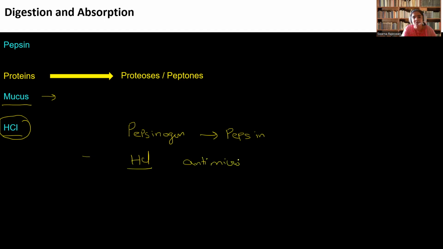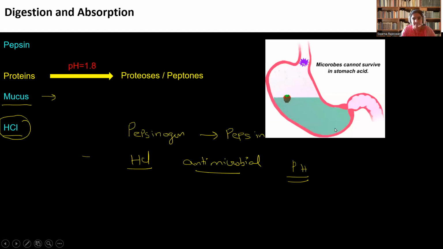It is antimicrobial in action. It is an acid. It maintains a pH so that it is antimicrobial in action. The HCl is mainly responsible for conversion of pepsinogen into pepsin, and as well as it is antimicrobial in action. So that is about the HCl as well as mucus as well as